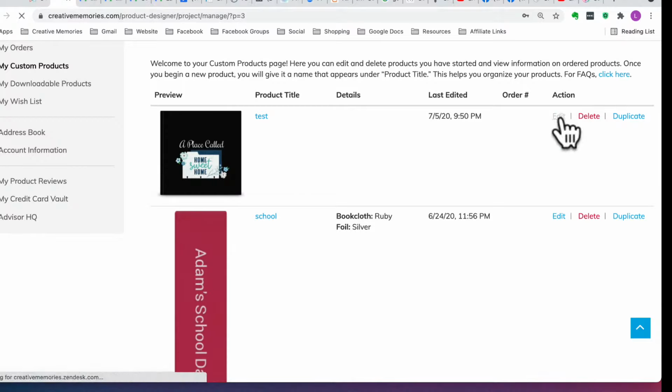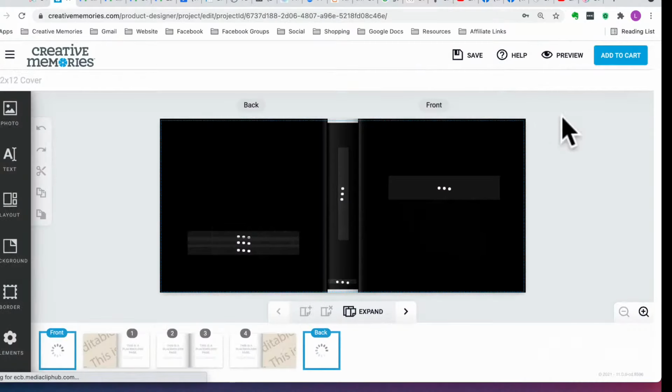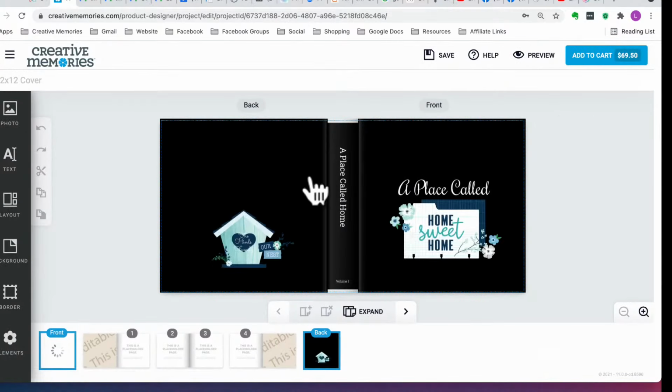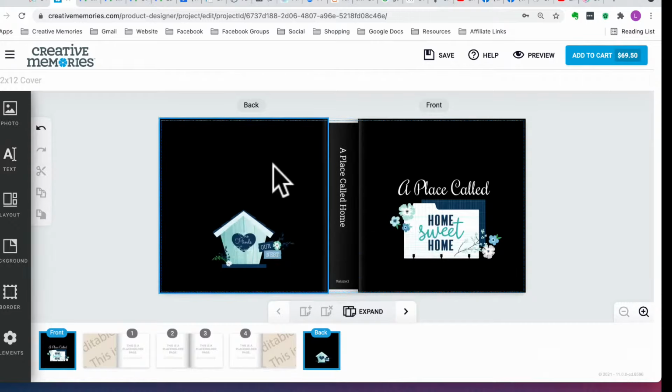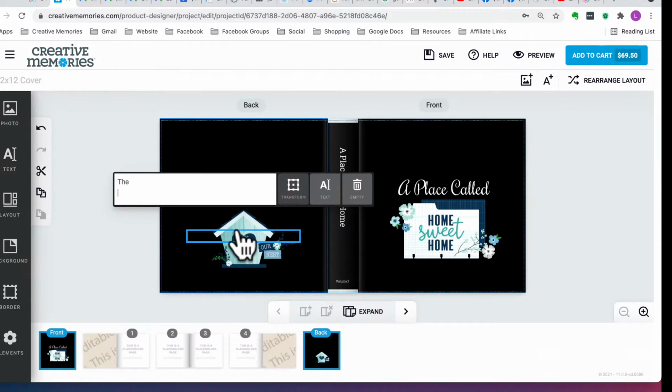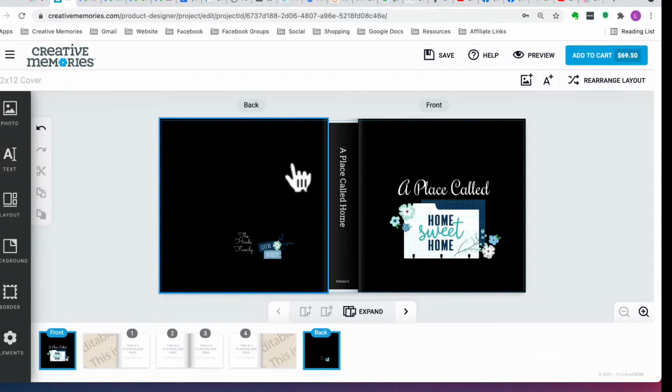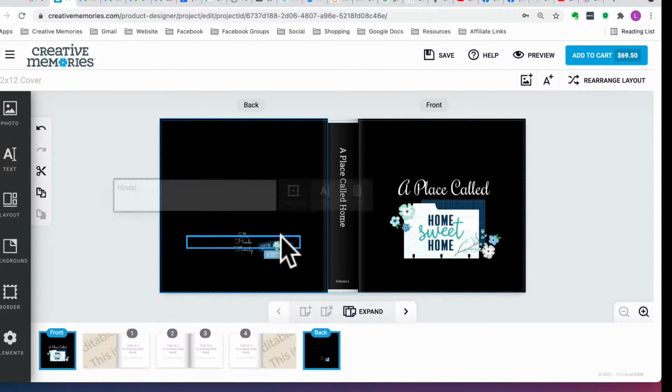Okay. And once I hit the edit button, I can go in here and now I know that this is exactly, if I want to print it again, this is exactly where my last one was. I can just change this from volume 1 to volume 2. And then maybe what I want to do is, instead of this artwork like we showed before,